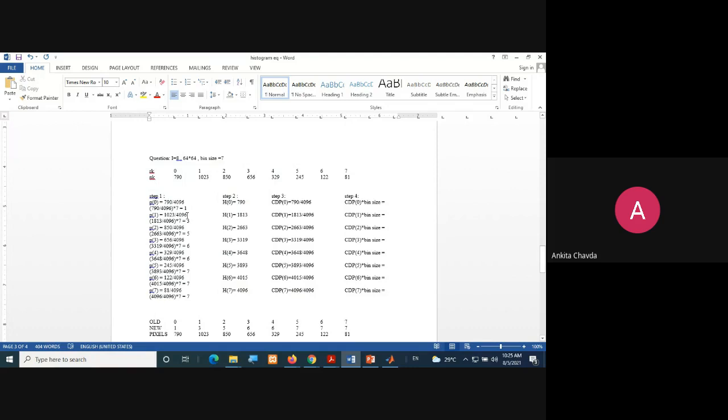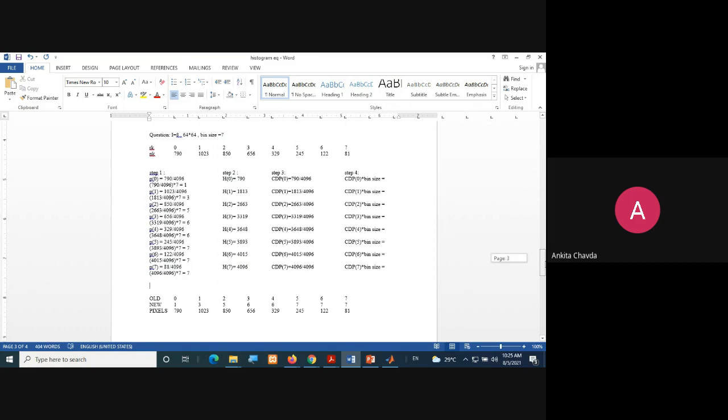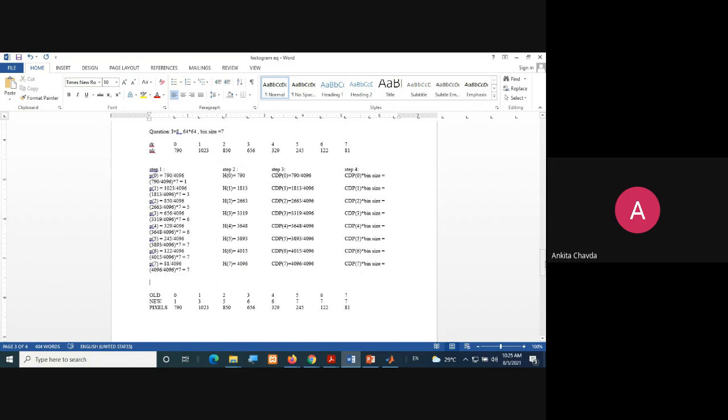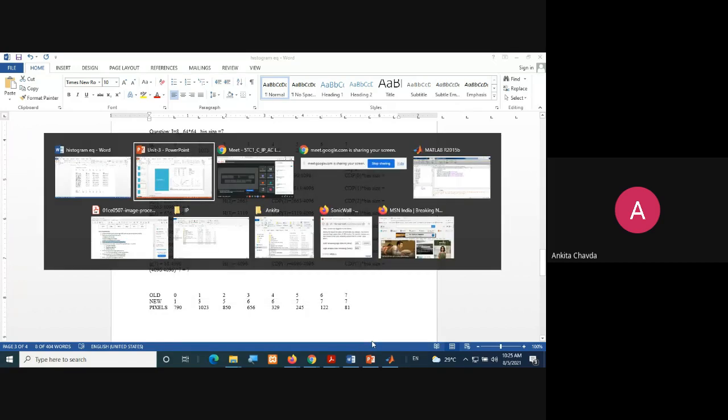You can solve this on your own with the same steps, right? Solve it and you will get the new pixel values like this. Fine. Okay. Now we'll move on to our program.